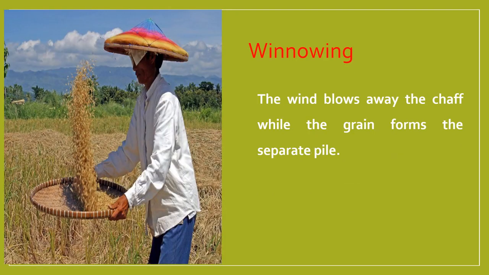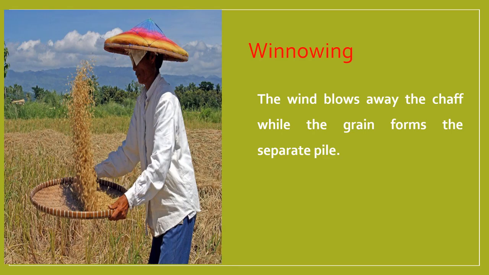When a farmer threshes wheat crop in his field, he gets a mixture of wheat grains and husk. Before wheat grain can be used, husk has to be removed from them. The husk is separated from wheat grains by the method of winnowing. Winnowing is the method of separating husk from grains with the help of wind. Husk is very light whereas wheat grains are heavy. Winnowing is done using a winnowing basket.